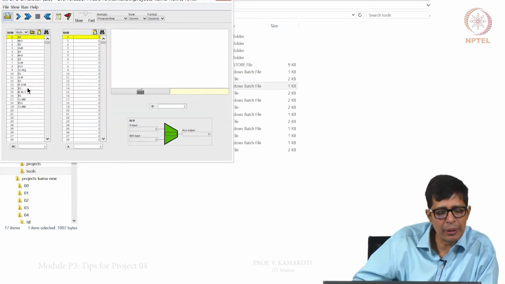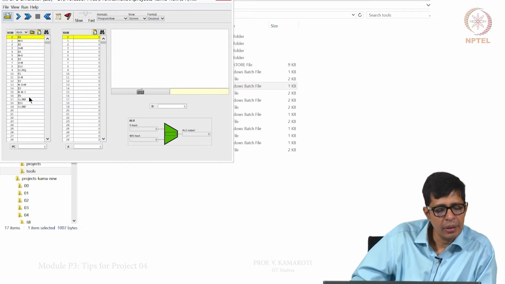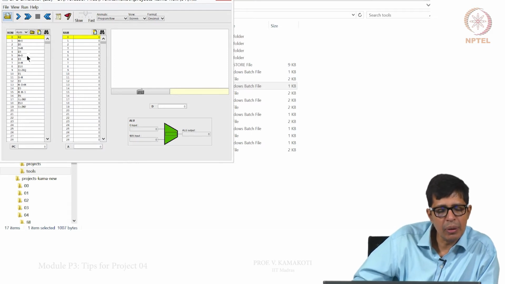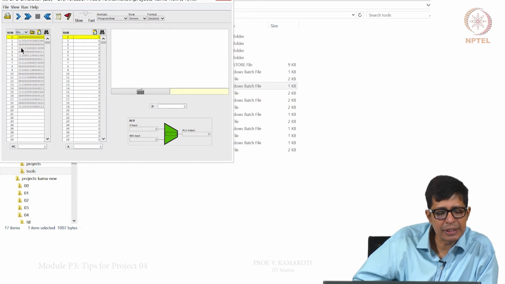Now your program has come here. Note that all your symbols are also resolved here. This is the ASM version. Now, we can see the binary version also here. This is the binary version of the program.